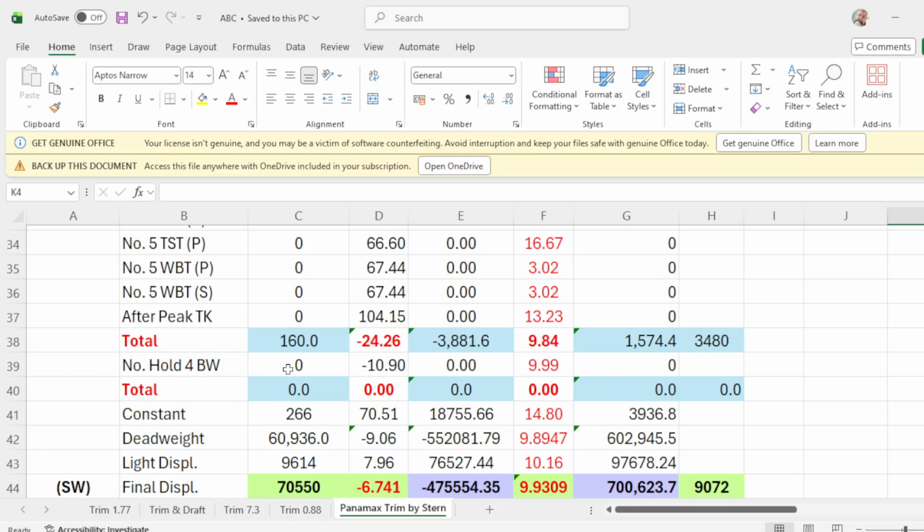You have no ballast in hold number 4. Then all plus your constant. This is your constant of this vessel of 266 times your LCG is your LCG moment, and your KG multiplied with your weight is your vertical moment. And adding all these weights,